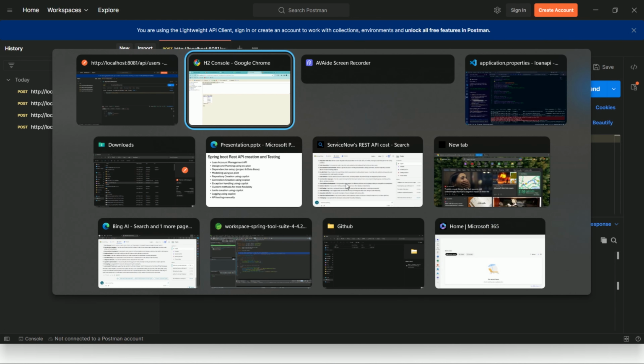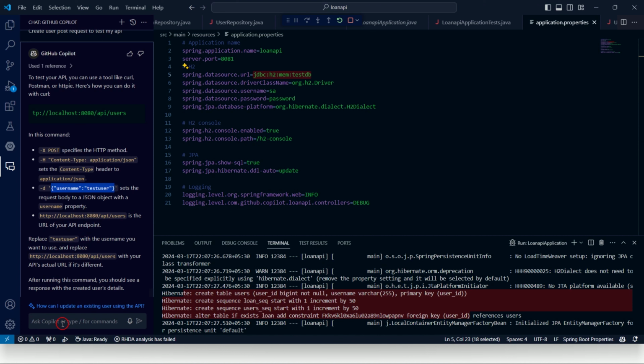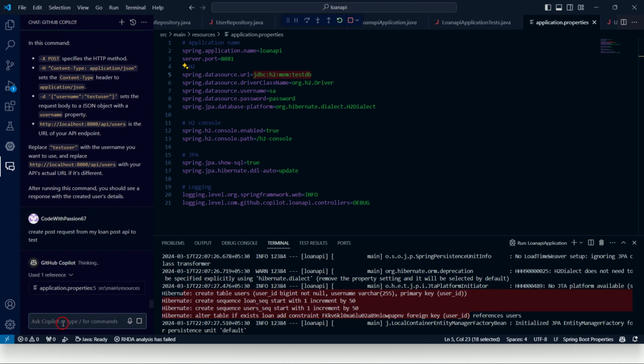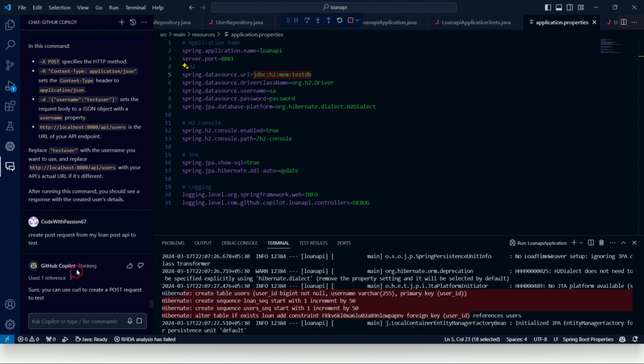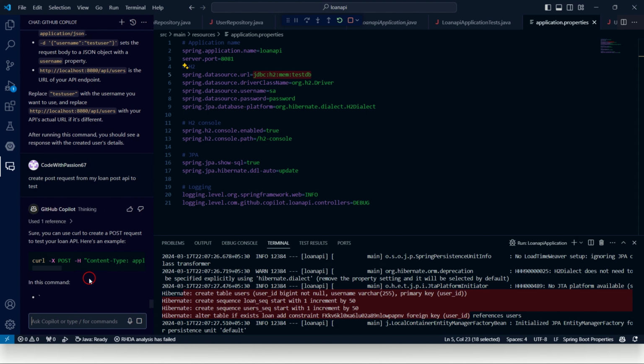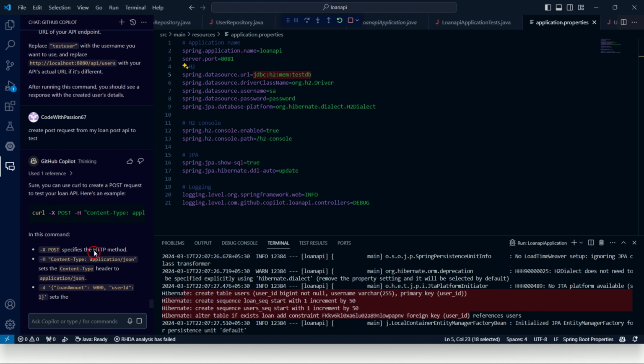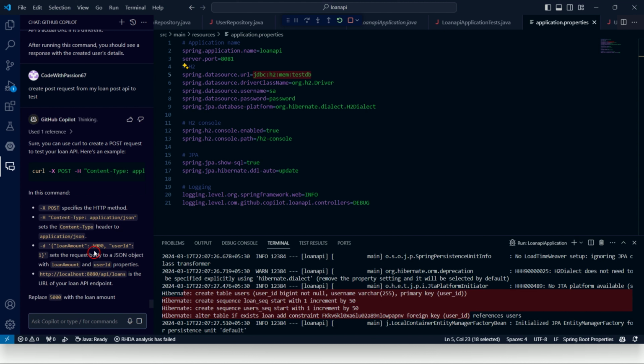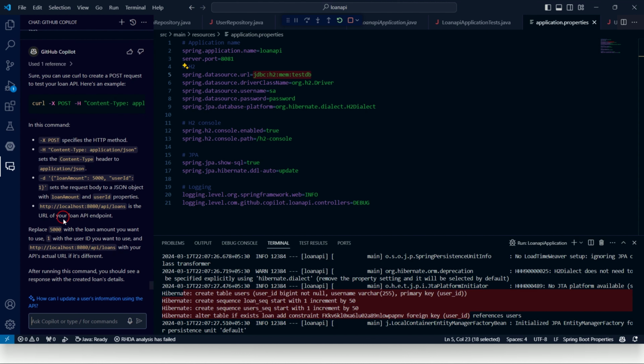So similarly, we can add a loan also. So go to your GitHub Copilot. Create post request for my loan post API to test. Okay, just click on it and we'll wait for the GitHub Copilot to create a post request for me. So here it is saying the same thing, and from this command we can get what we have to do, right? So here what it is saying, enter some loan amount and also user ID to this particular